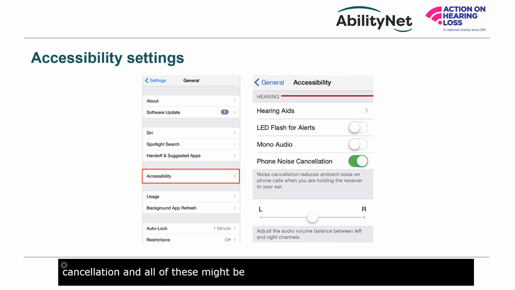So, for example, let's take the LED flash for alerts. Sometimes the iPhone will perform a function and the screen will flash to let you know what's going on. But,